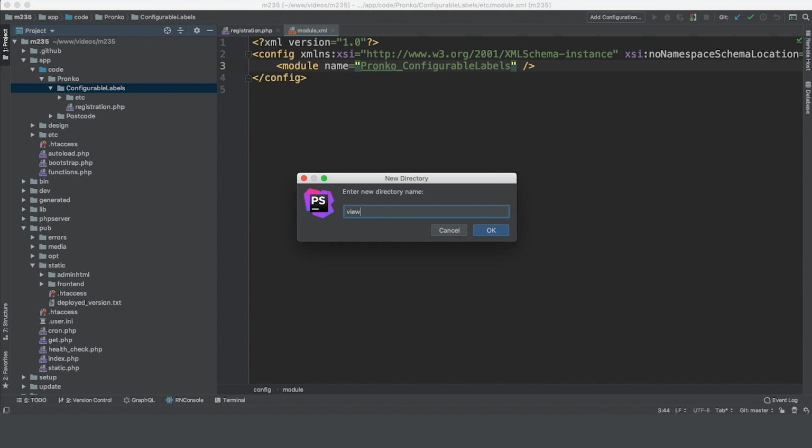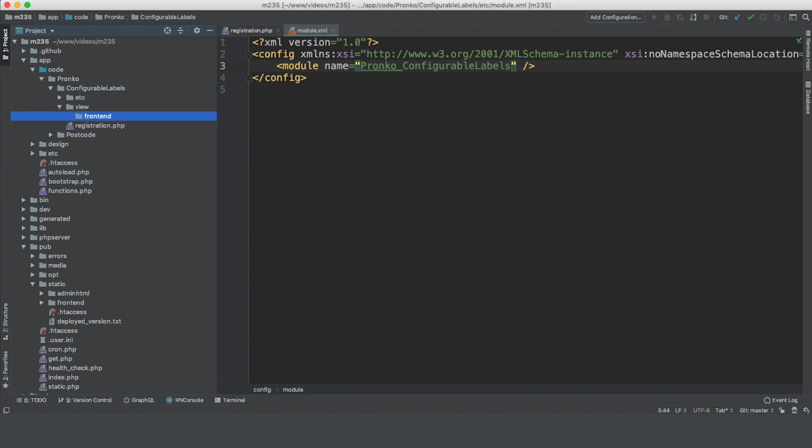So this is going to be a front-end customization. And in order to do front-end customization, we have to work inside the view frontend directory. So any changes, any implementations and logic we create under the frontend directory will be applied for the storefront part